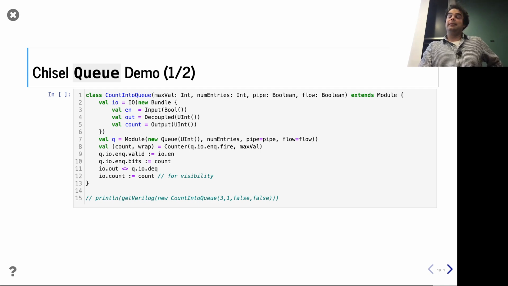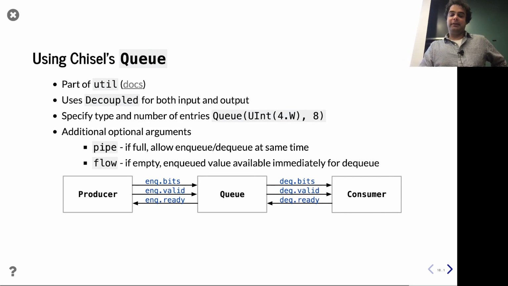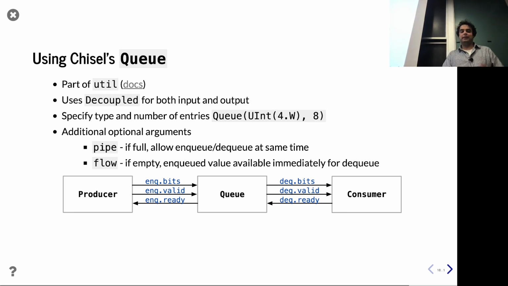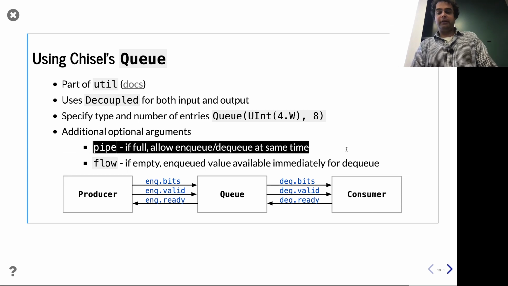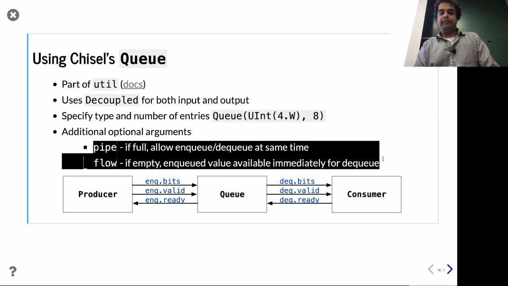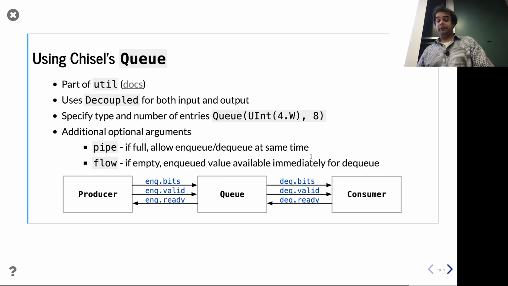Correct. So to respond to the question, a queue sets its ready signal based on it having space. The reason it's not 100% true all the time is these next few lines. So going into more detail with the Chisel standard library, the standard queue provides: you give it a type. Type has to have a size usually, number of elements, sure. There are actually 2 additional arguments that you can specify or you can leave the default values for. So one is this issue of